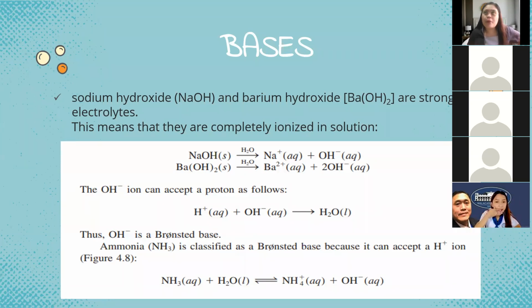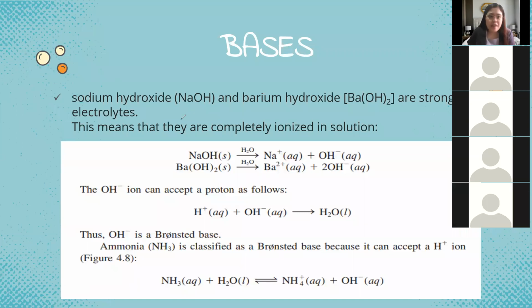So another example of a Bronsted base is ammonia. So as you can see, according to Arrhenius, dapat may OH ang base. Pero si ammonia is a basic substance pero wala siyang OH. Pero anong nangyari dyan? Bakit siya considered as a base? Kasi si ammonia has the ability to accept